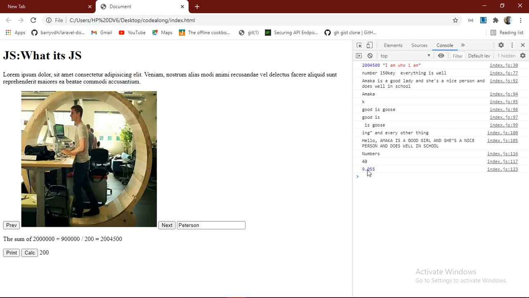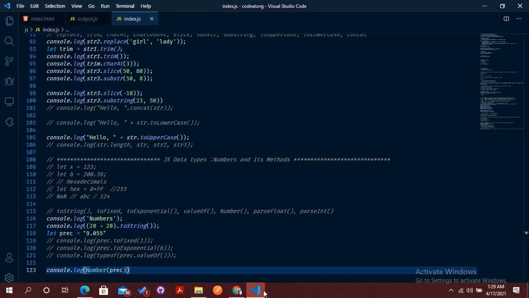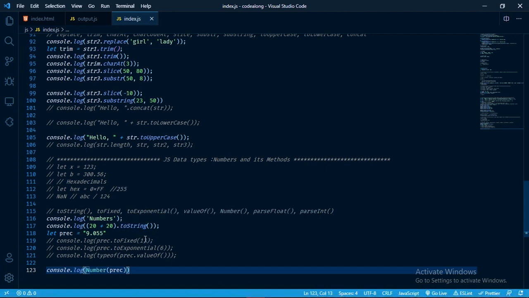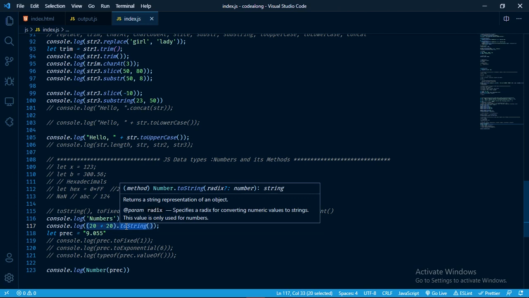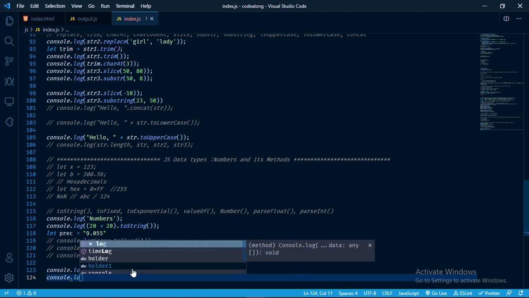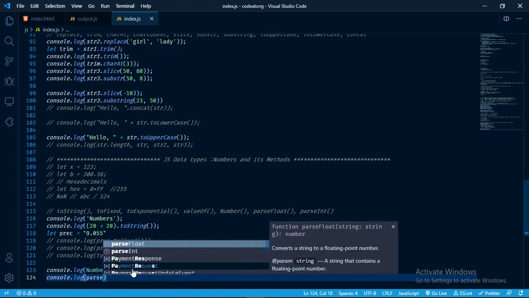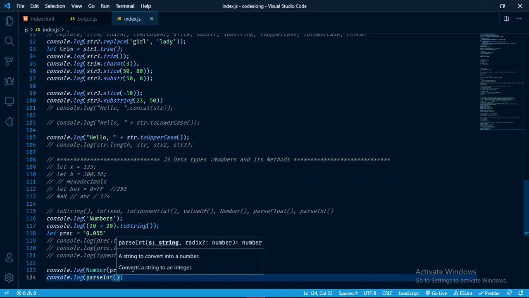So let me also convert. See if I can convert this. I don't know where it's supposed to be. That's index 117. Okay, so console.log, that's a string. I didn't assign it something, but let me convert. If I can do something like console.log, and I will say parse in the string that I want to convert, which is